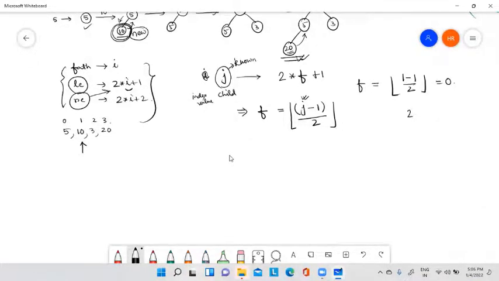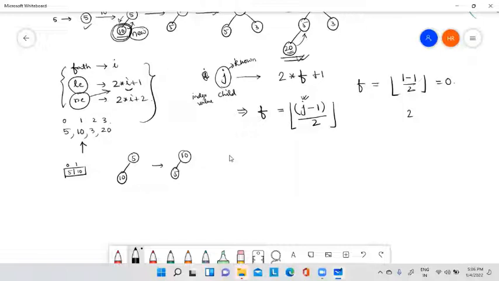Now the elements are 5, 10. The pictorial representation is like this: 5, 10. See, 0, 1. If 0 is the father, what is the left child value? 2 into 0 plus 1, so 1. Now I will compare these two and interchange. After interchange it becomes like this: 10, 5.